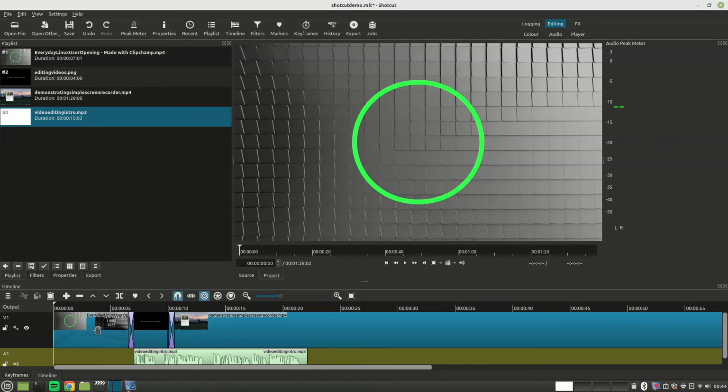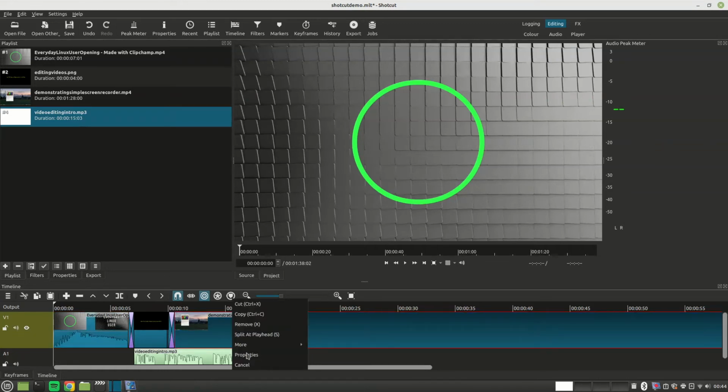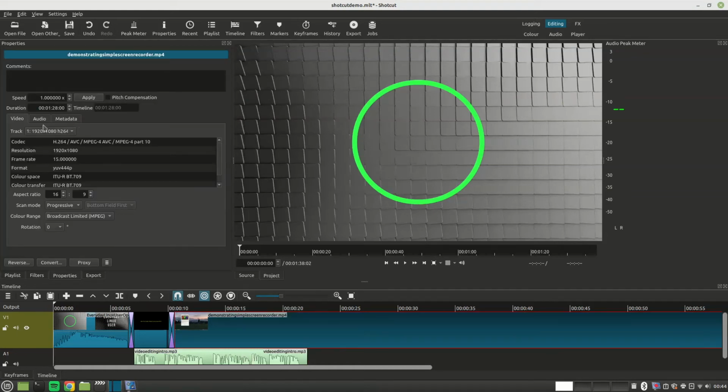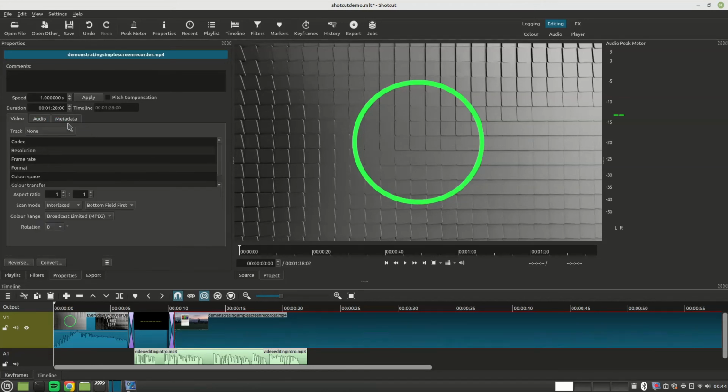I want my intro to have sound, but I want this part of the video not to have sound. So if it did have sound, you click properties, audio, and then if you want sound, you select it. And you can see there's a waveform. In this case, I don't want sound, so I put none. And now I haven't got any waveform. So if I now play the video,